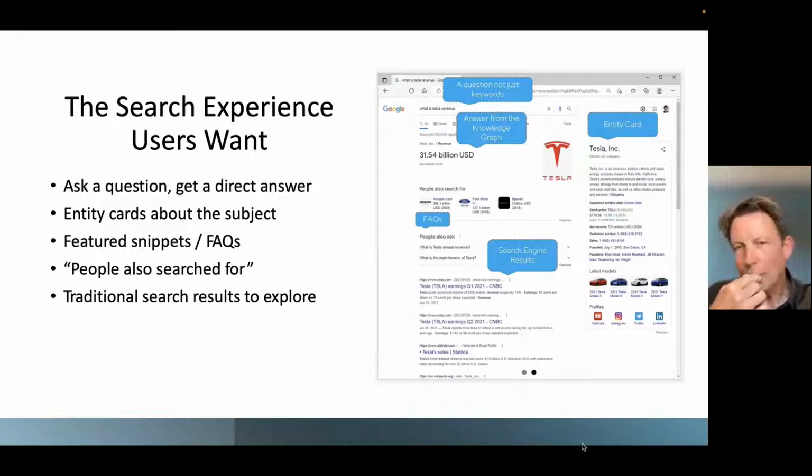And what you see on the screen here would be a sort of typical search results page from Google today. Somebody has come on, they've asked the question, what is Tesla's revenue? And what you see here is a combination of things on the screen. Over on the right-hand side here is what we call an entity card. And this is just factual information about Tesla that Google has popped up that contains basic information, really, what Tesla